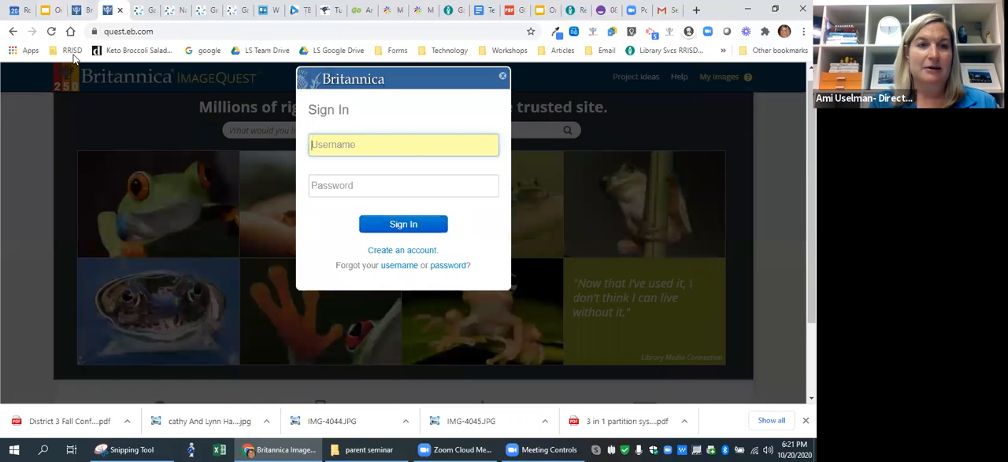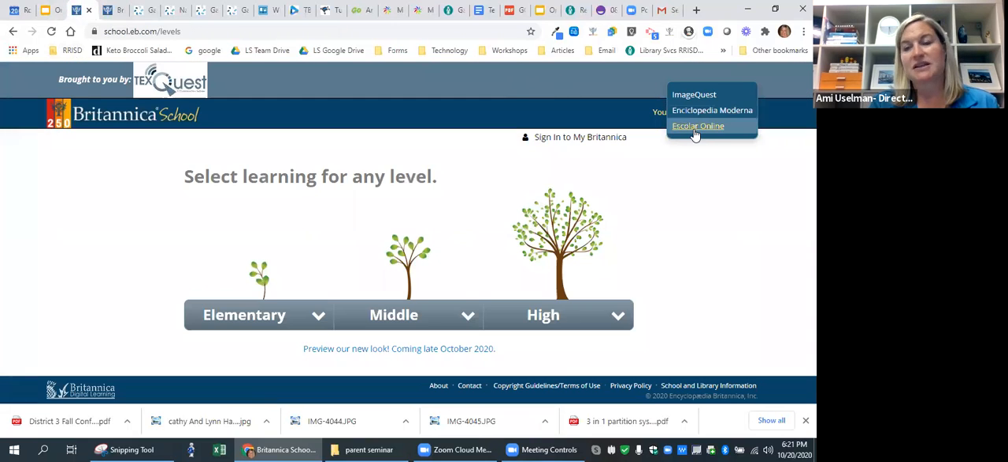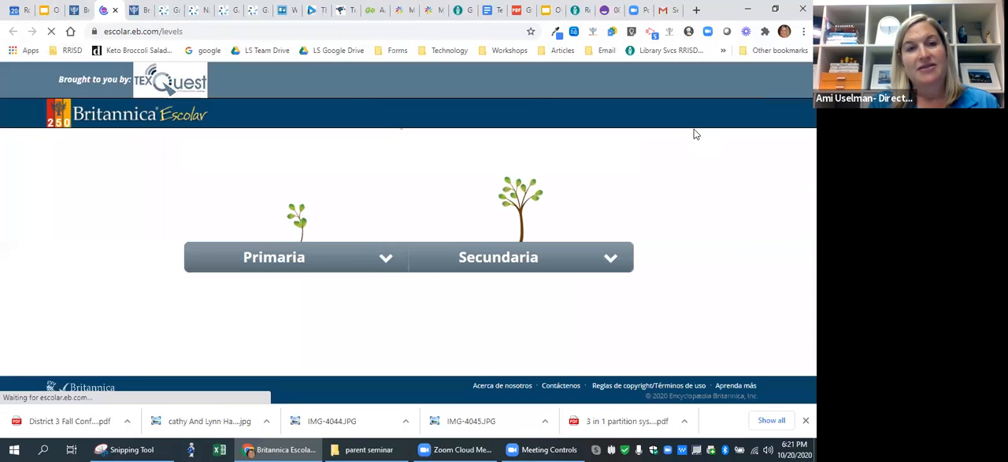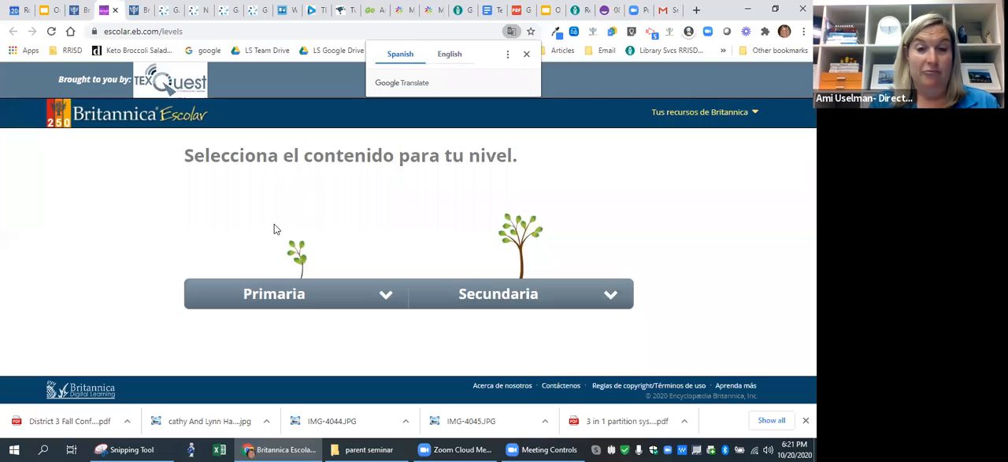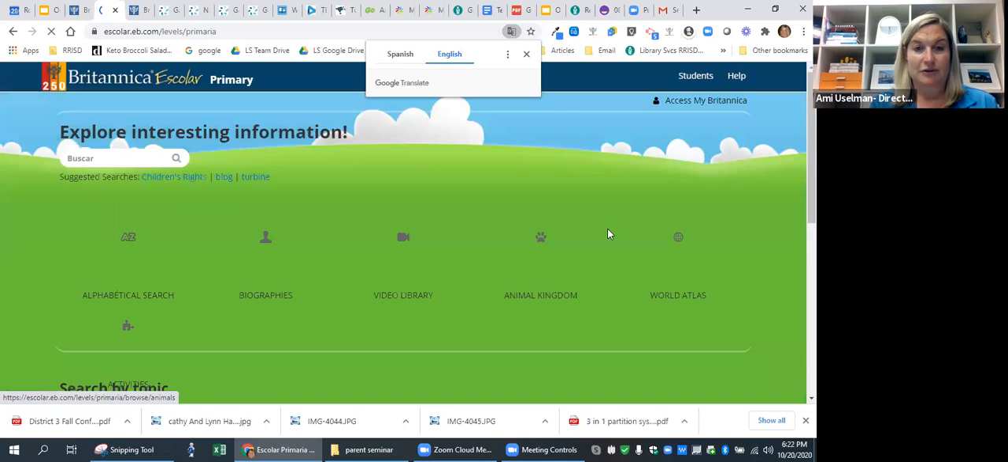And then I think when we were in that front page, it also said Escolar Online, and that is our Spanish version of Britannica. And you can see there's a primary and secondary version that they can click into. And if you'd like to see what that looks like just a little bit,